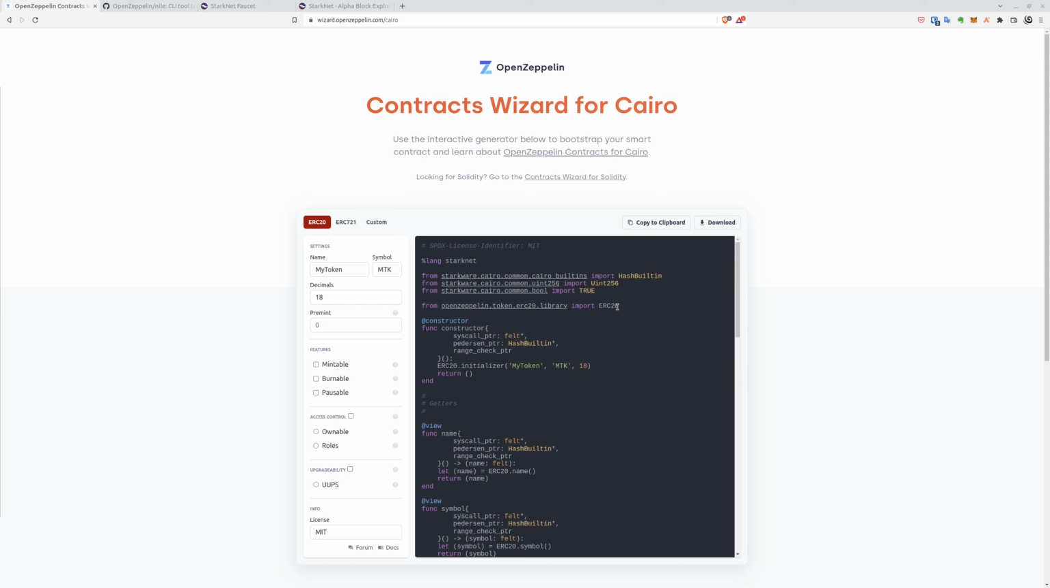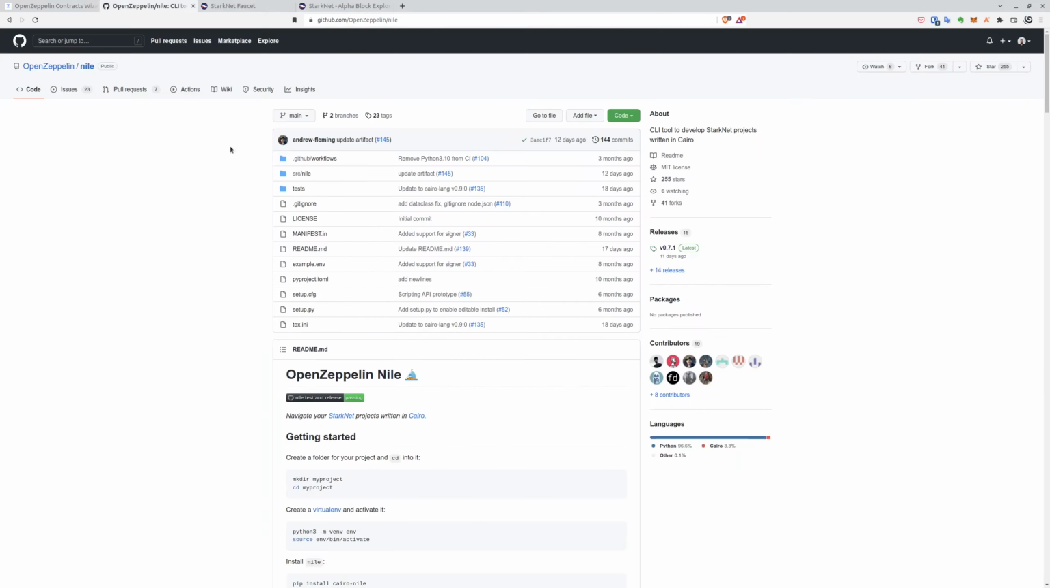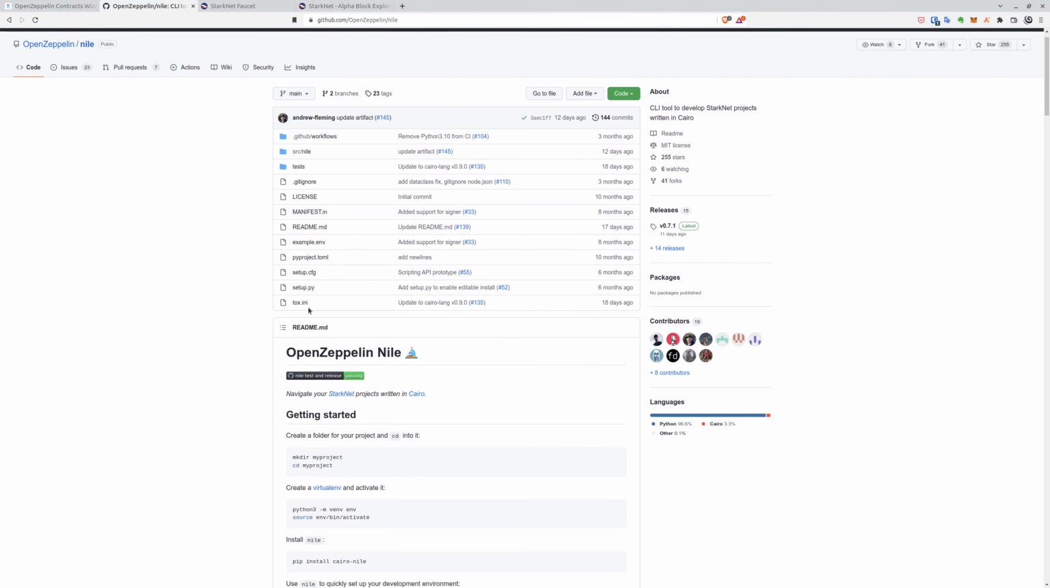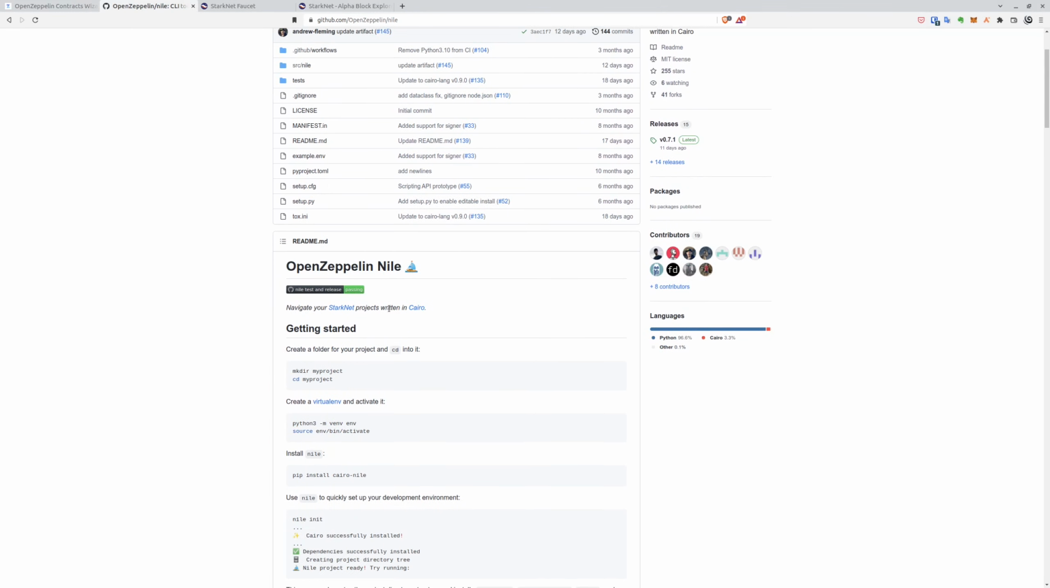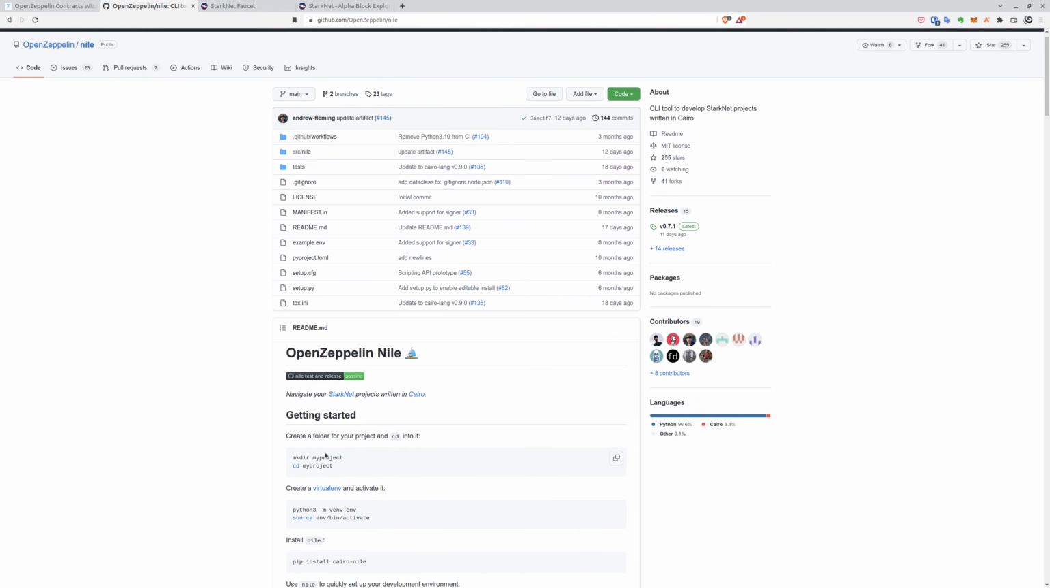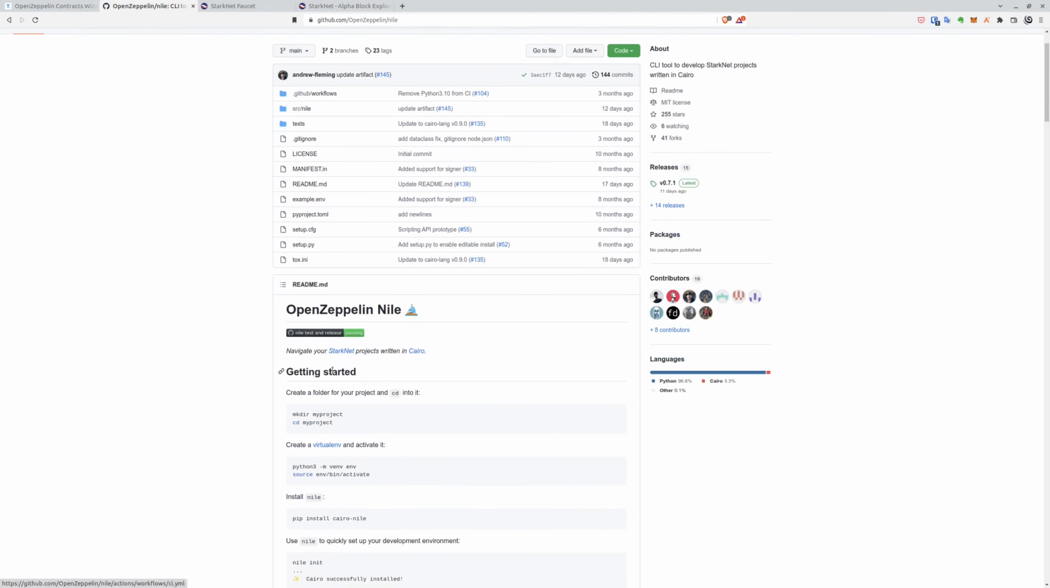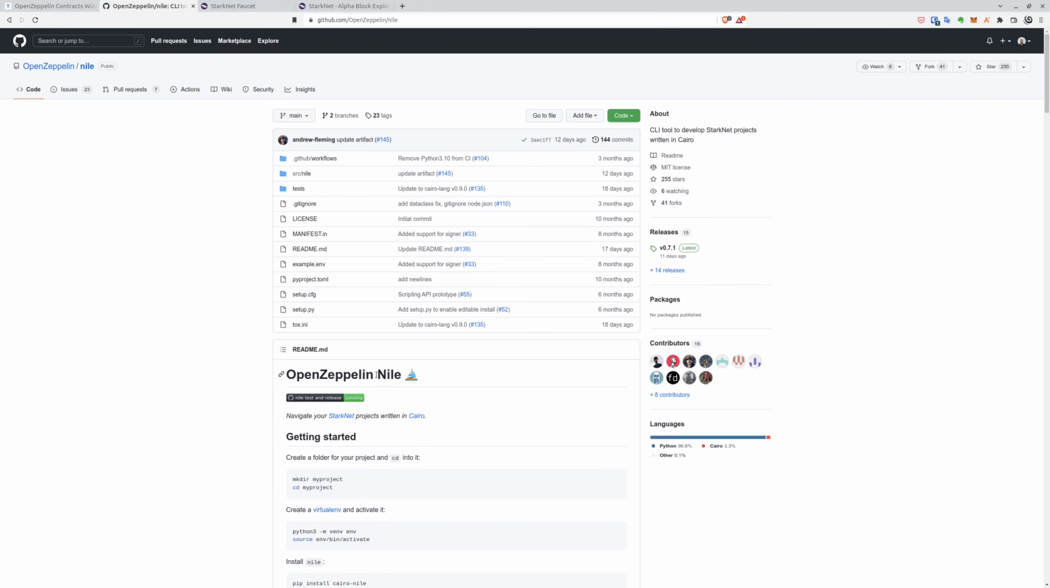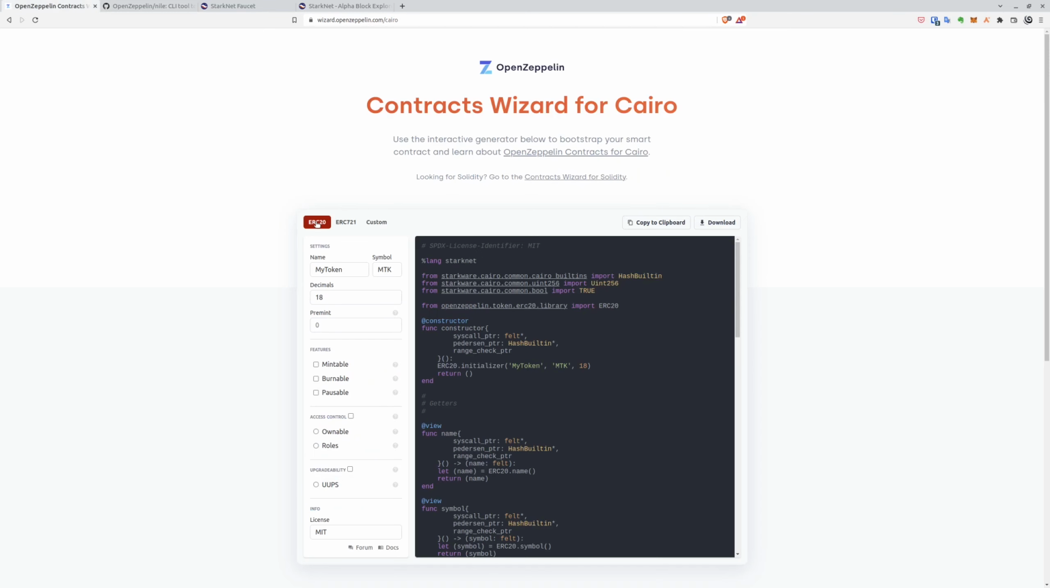And if you are familiar with Solidity development, you probably know environments like Hardhat, Truffle, or Brownie. So Nile is an alternative that's provided by OpenZeppelin for Starknet development using the Cairo language. So that's what we will be using, but before going into this and setting up the project, let's check the